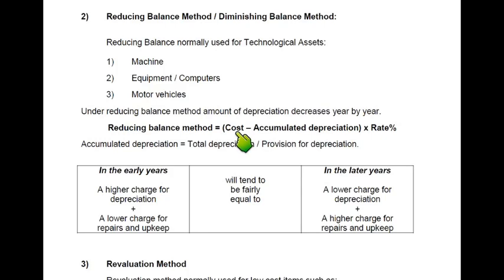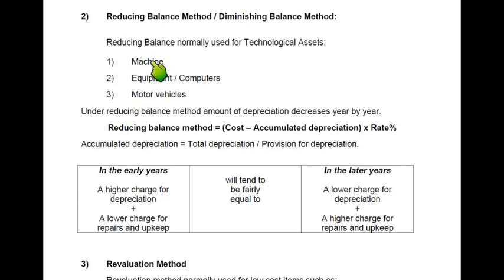The accumulated depreciation keeps increasing every year, and cost minus accumulated depreciation is also known as net book value, NBV. The net book value of the asset is decreasing every year, and if the net book value is decreasing and we multiply by rate, the depreciation also decreases every year. So in the reducing balance method,